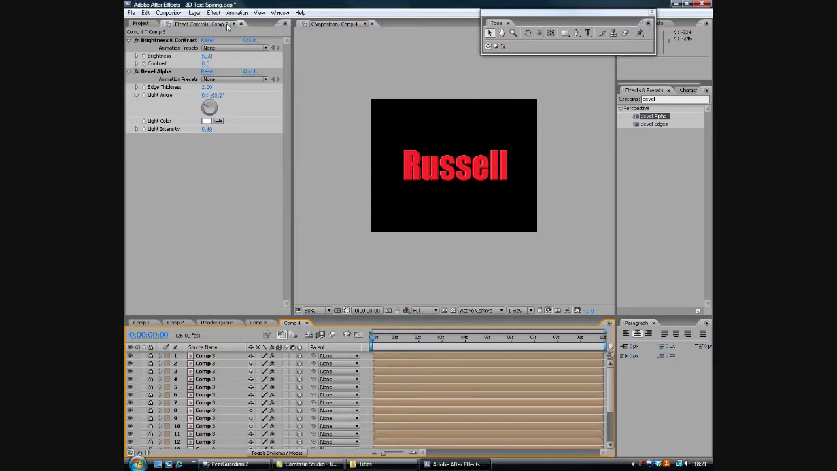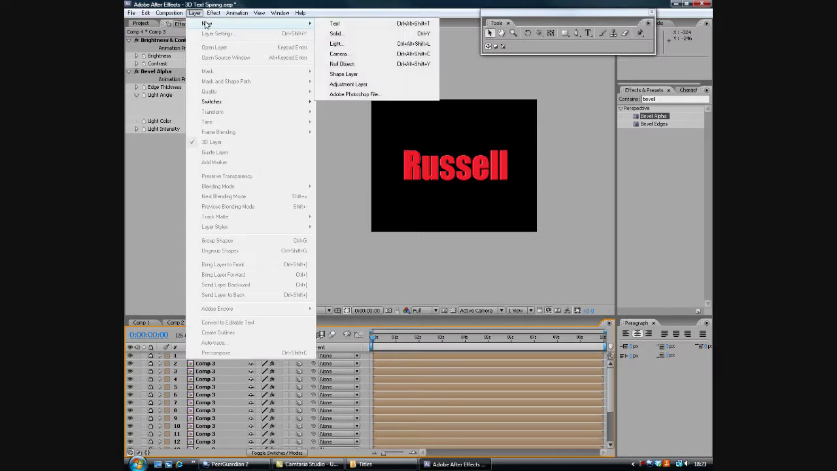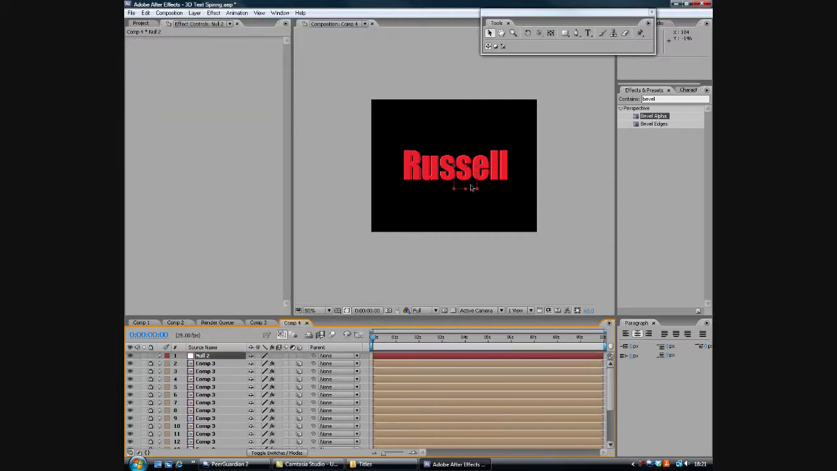So now what we want to do is create a null object, and a null object basically creates something to follow, but you cannot see the null object when you export it, so it's pretty much invisible. To do this, we go Layer, New, and then you see Null Object. There's also a shortcut there, but we'll just go through this way. Null Object. You see here it's now created a sort of red box. Then what you want to do is